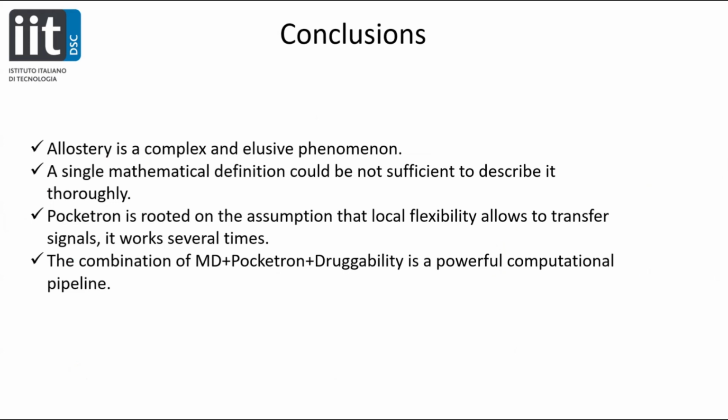Mathematically it is not that trivial, and the reason is that when you try to understand it, you can have different correlation measures. We have independence based on probabilistic independence, like mutual information. You have linear correlations, or many forms of correlation, local fluctuation correlations. So there are many possibilities, and possibly, if you use several tools together, you can get a full round treatment of the thing. Pocketron's idea is based on the assumption that local flexibility can tell you part of the story, probably not everything, but at least part of the story.